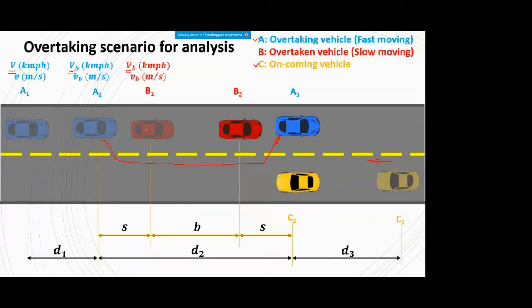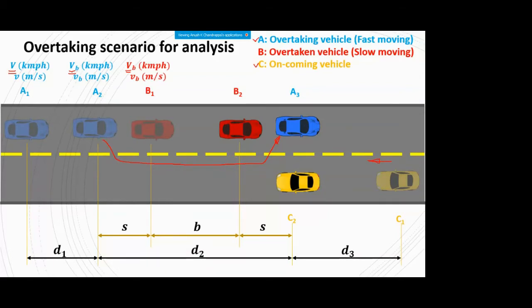Many times you might have also seen that people just haphazardly, in the speed in which they are traveling, in that speed itself they try to overtake. Even if the overtaking becomes successful, that's a very dangerous approach, and it can lead to disastrous accidents in a few cases. So for analysis purpose, we assume that the fast moving vehicle A reduces its speed from V to VB, and then it starts the overtaking operation.